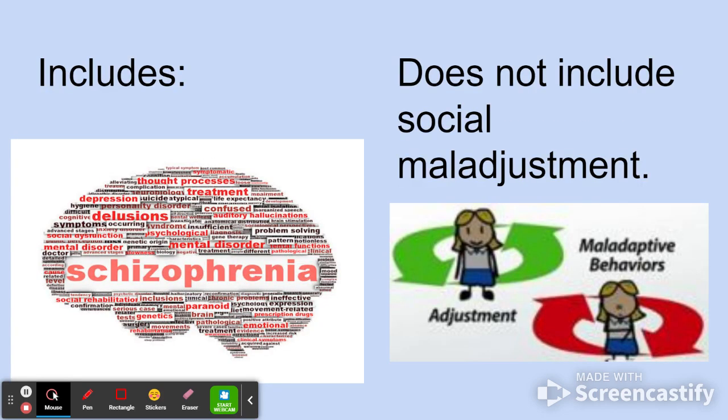This includes schizophrenia, which is thoughts and experiences that are totally disassociated from reality, but there is an exclusionary clause. It does not include social maladjustment. I was curious about that, so I looked into it. One psychiatrist